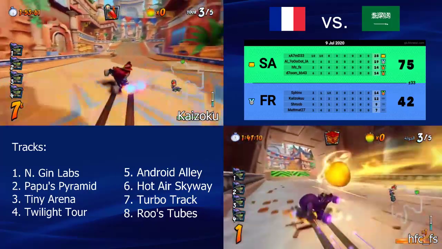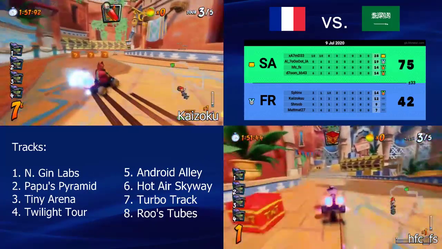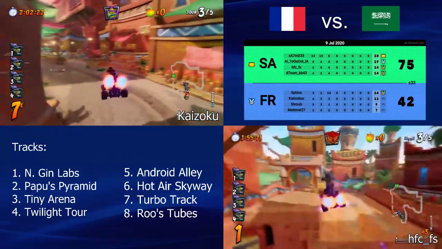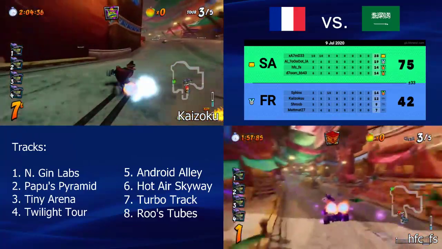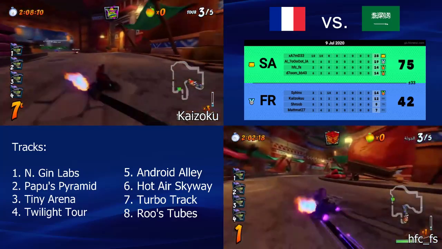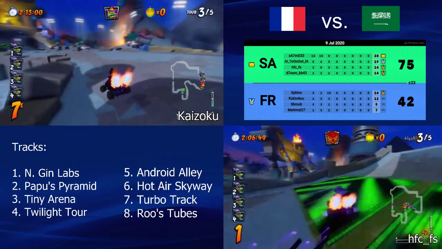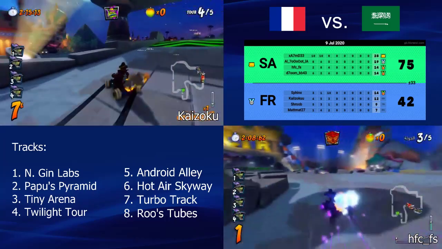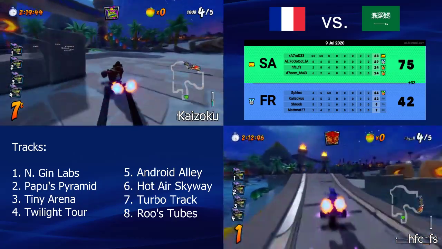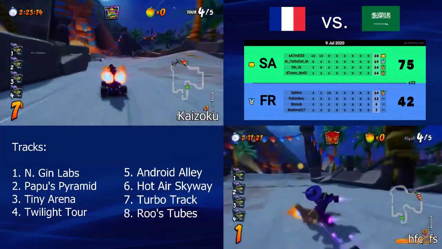HFC is playing very risky. He almost hit that wall, and I think he should take a little bit wider lines. They still have a lead, and he's definitely going all out on this track now. Crazy. Although the French are right behind him. He shouldn't be playing so risky, in my opinion. Yeah, for sure. If he hits something, they will pass him. All of the French, and most likely will combo him too.